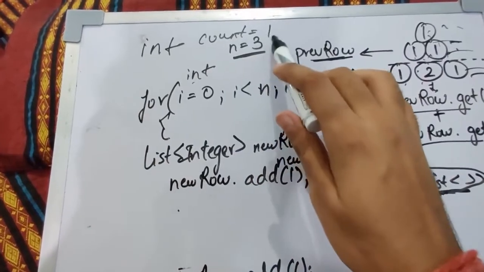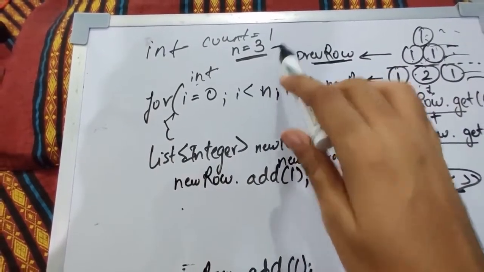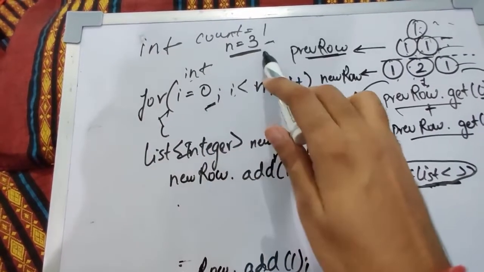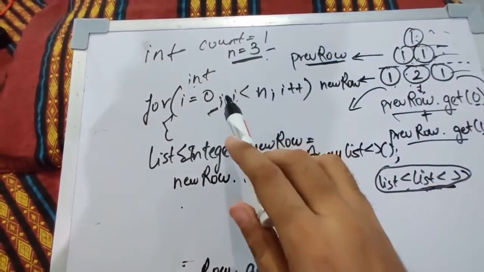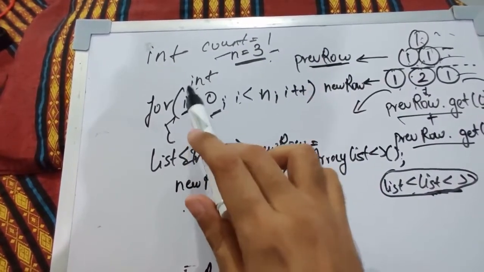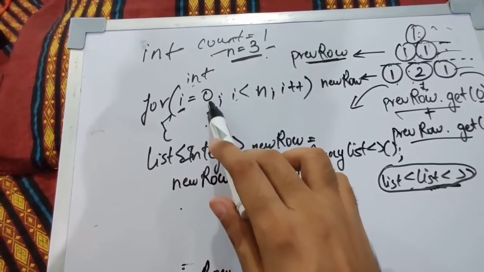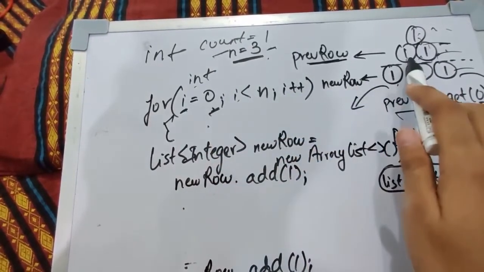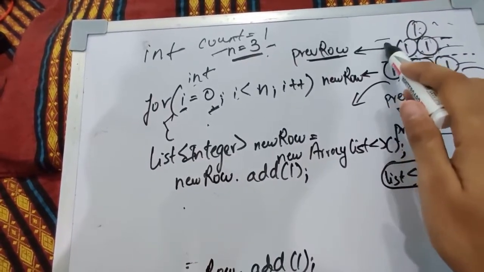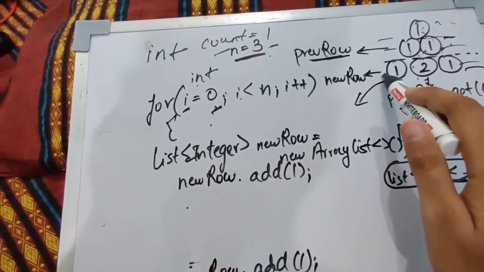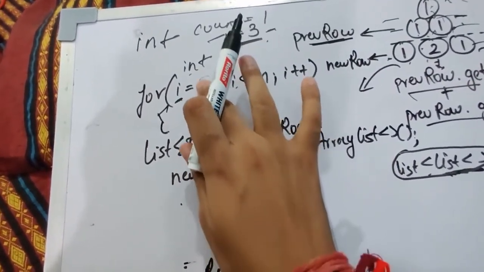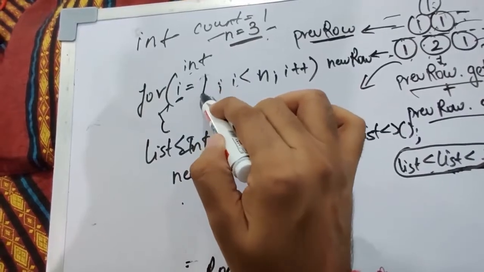But do we really need this count to identify? Do we really need a 0th index right now here? Can we replace both of them as 1? So answer is yes. So the count variable is basically being managed by your I variable. So what you need to do is, you don't need to start from 0, but you need to start from your rows. So I have already completed first and second row, so I will be starting with this one. So it will be 1. Why not 2? Because we need to fetch the previous row also, that's why.